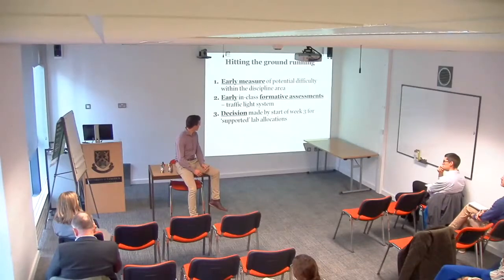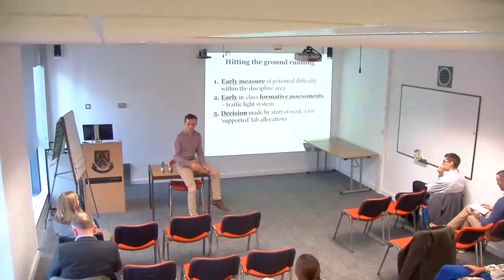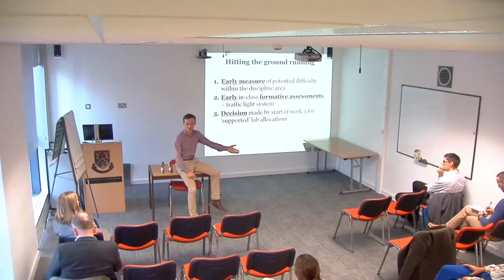And what I do in the very first week of the program, I measure students in terms of their potential to get into difficulty during their 4 years using a particular metric. So the metric that I use is a spatial skills metric. It's a technology teacher education program. It's very important that they're able to spatially manipulate and understand spatial information, and it's a very good indicator as to how they're going to get on. It's internationally proven through the research.